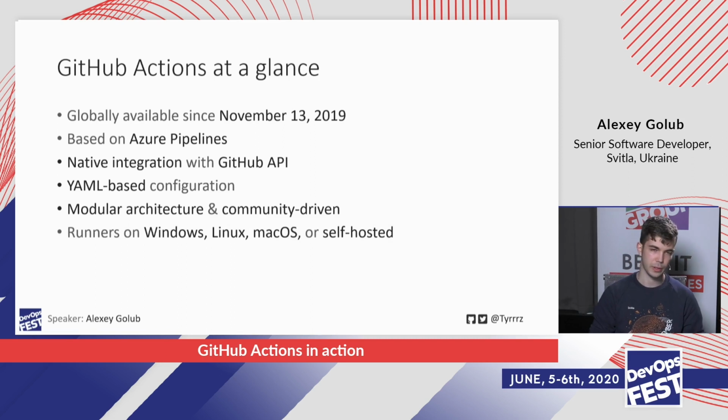From an infrastructural standpoint, it runs on all the major operating systems in the cloud, so Windows, Linux, Mac OS, and you can also self-host it, so you can run it on your own hardware if you want. That's also available with all of the payment tiers. You can also use it on a free tier, so you can run it on your own hardware if you have some, I guess, sensitive information or something like that. But otherwise, Windows, Linux, and Mac OS with different versions are available in the Cloud Runner.